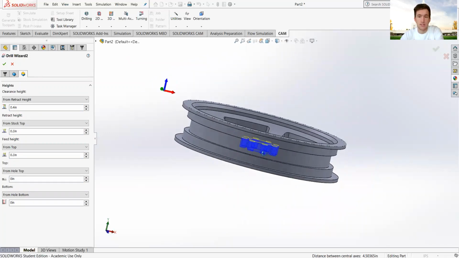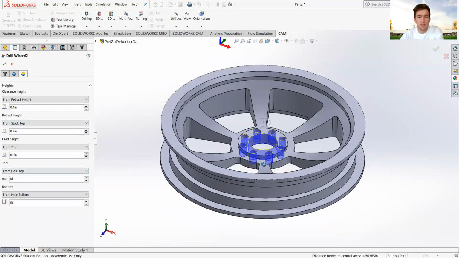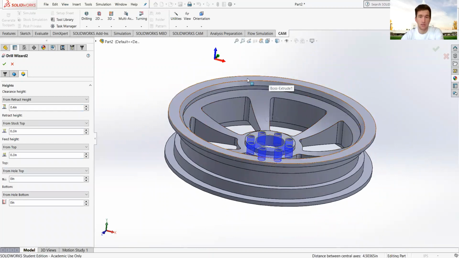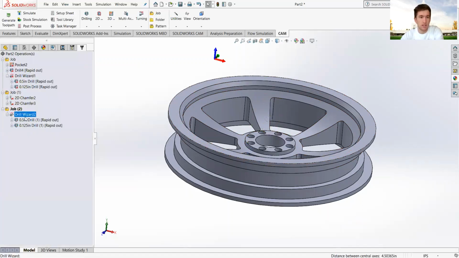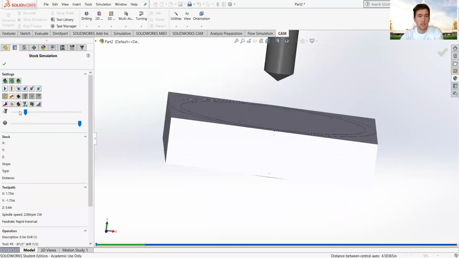Something I want you to see is right here, your heights for starting the drilling. It's not starting up at the top of the piece with this hole wizard. It's actually starting where that hole is. And I know I wasn't able to get an error to show up yesterday, but I think this is actually going to do the trick. So if we go in here, slow it down a little bit more, it's going to come